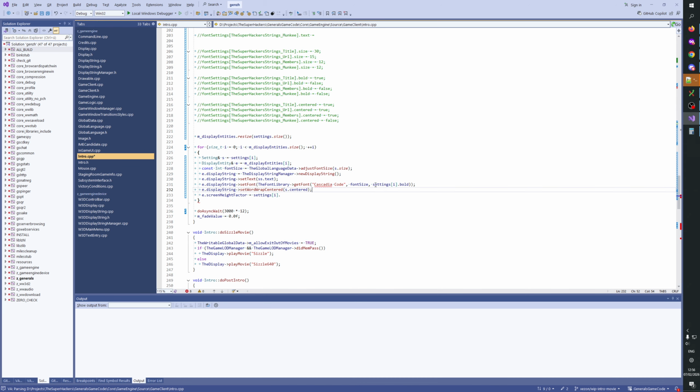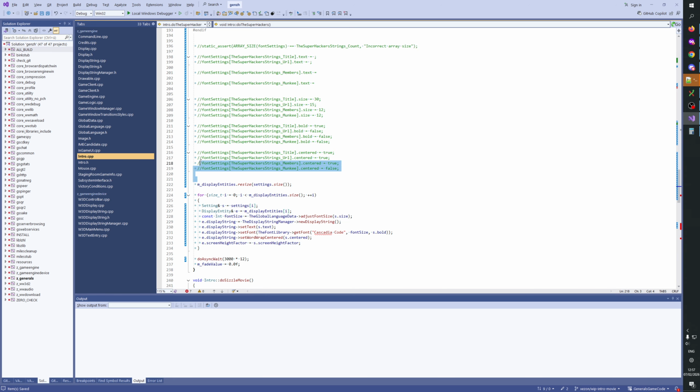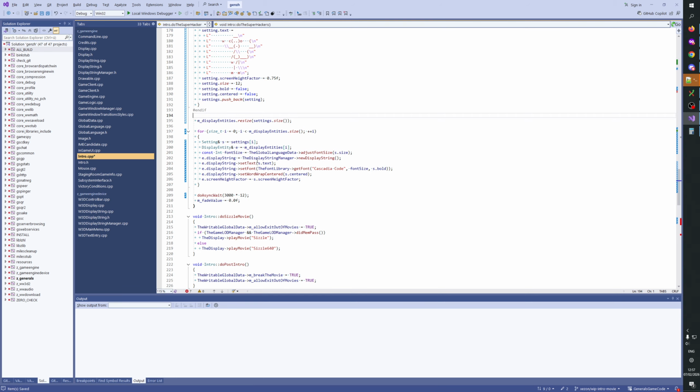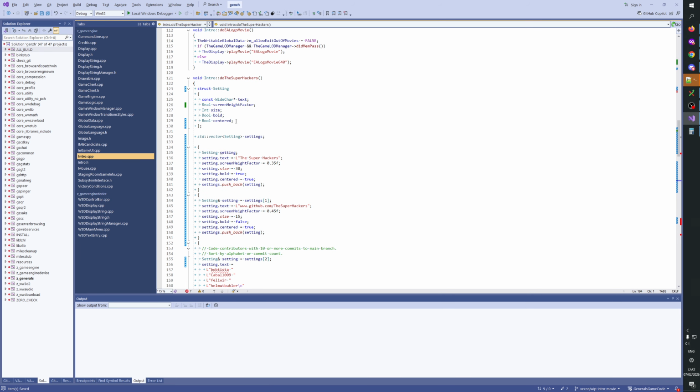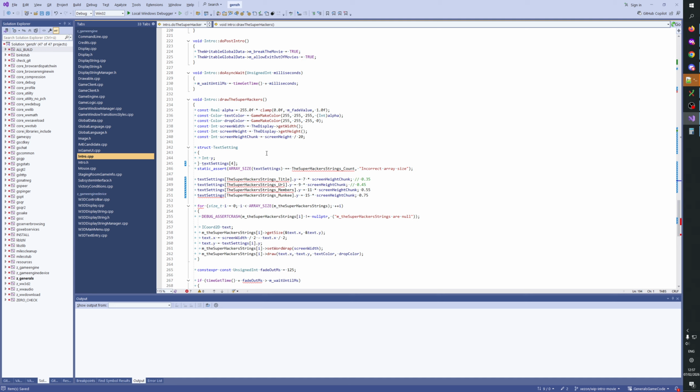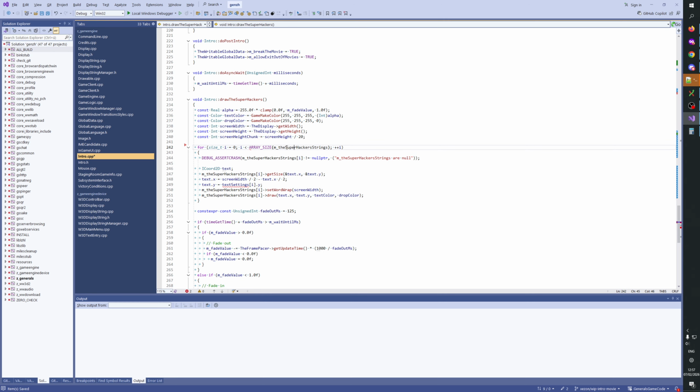Okay. Then we can remove all of this. Okay, cool. And then here we say we have now a Y. We don't need that anymore. Text setting, we don't need this stuff here. And instead now we do display entities dot size, and then